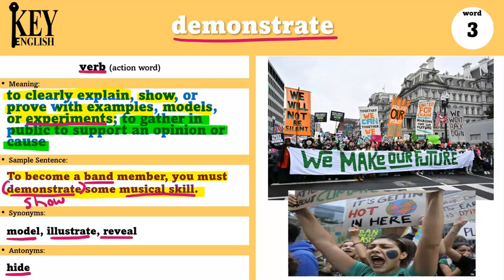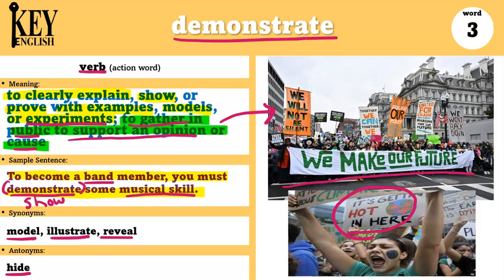And the second definition of demonstrate, to gather in public to support an opinion or a cause, would be something like this, similar to a protest. We can say that there was a demonstration to show support for protecting the environment. Maybe these people believe that protecting the earth is very important for the future, so they all